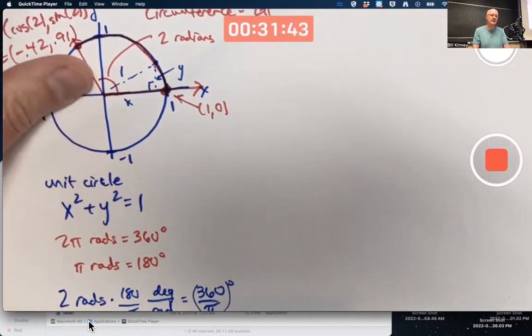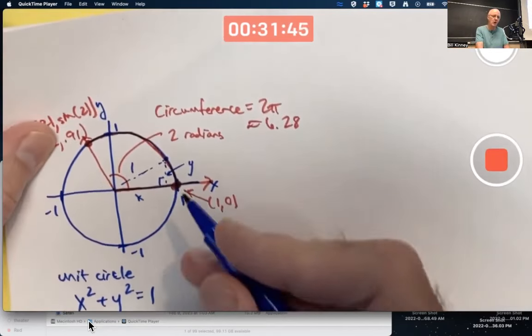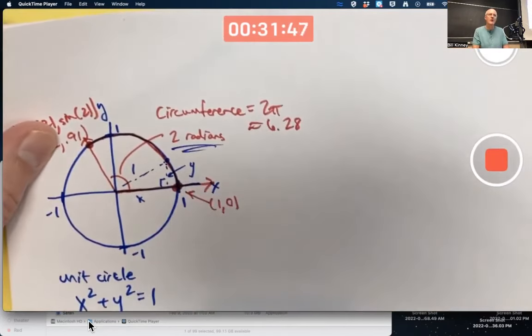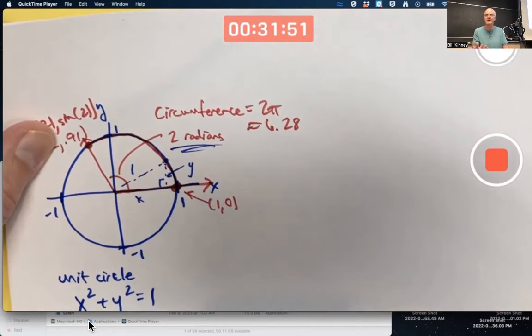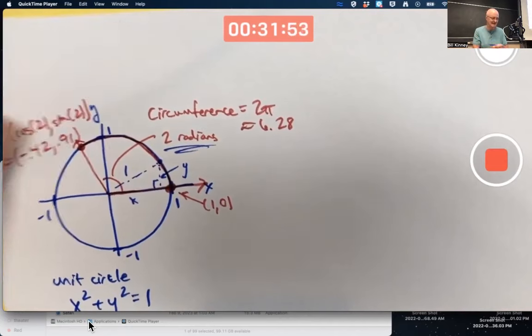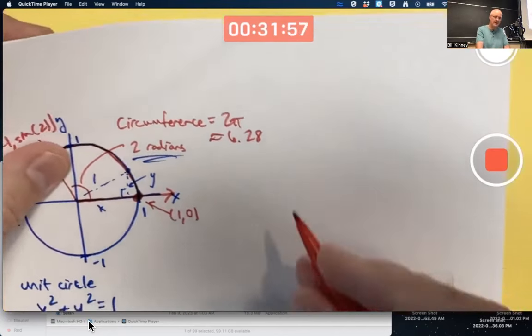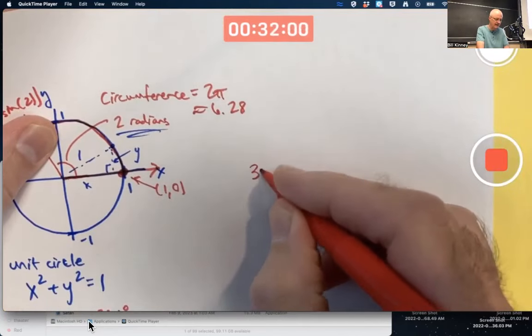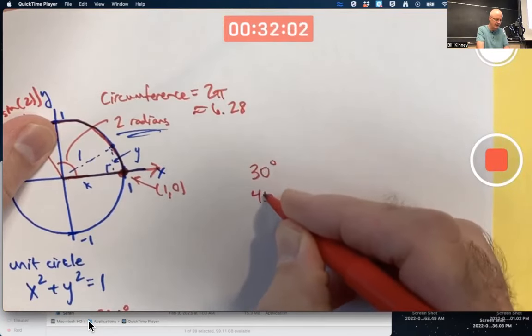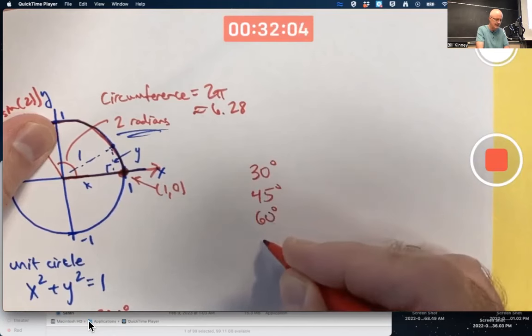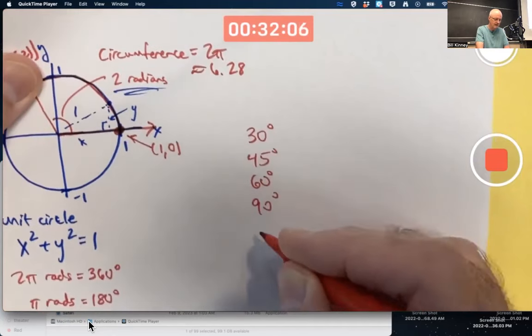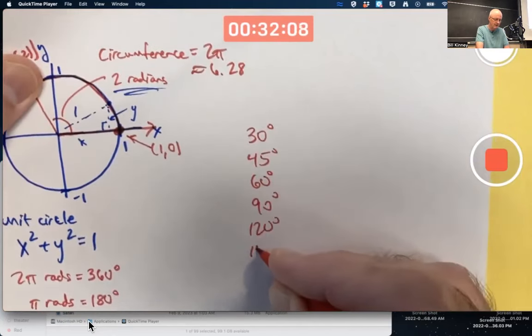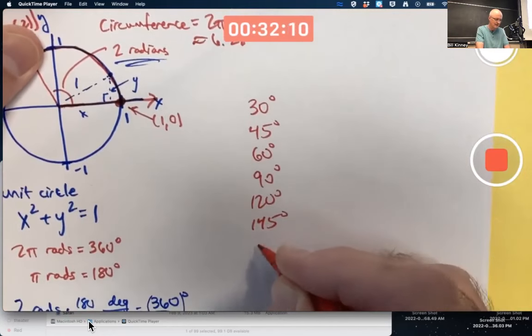Okay, yeah, more typically, we don't use whole number radian values. More typically, we focus on special radian values that do involve pi. You know, in terms of degrees, the most common angles people typically think of are 30 degrees, 45 degrees, 60 degrees, 90 degrees, 120 degrees,